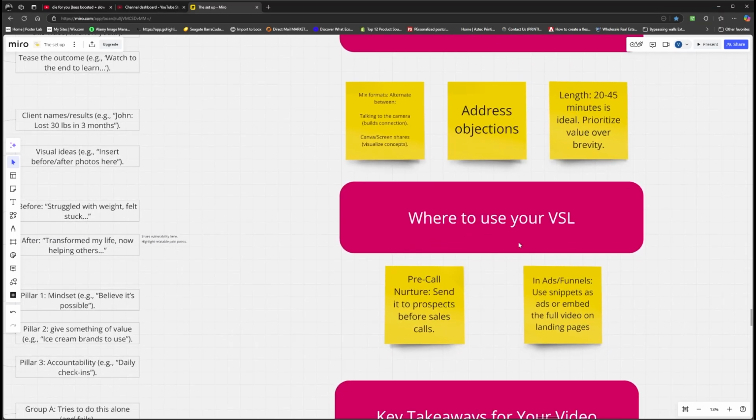So where to use your VSL? You could use this in a pre-call nurture. You send it to prospects before sales calls. So once they book a call with you, you can send them this VSL, right? It could be a 20-minute thing where you go through everything, which will nurture them and have them trust you